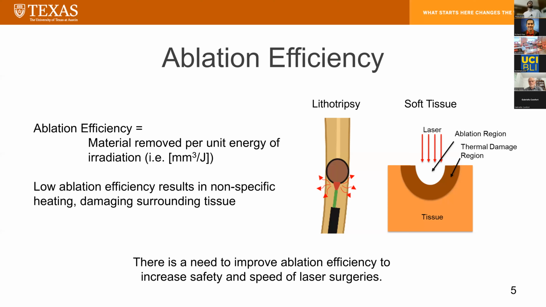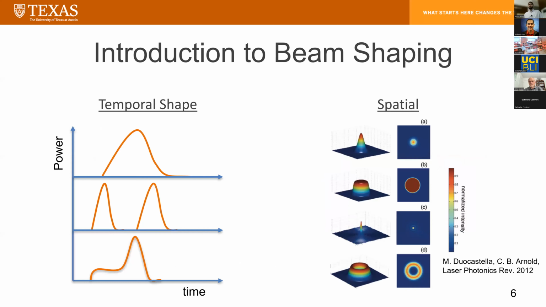And so, for example, in lithotripsy, when you're breaking apart kidney stones, the laser will be absorbed by water in the area surrounding the stone, and that can propagate outward and damage structures such as the ureter. And in soft tissue, some of your laser energy will be absorbed by tissue around the cut, and this can build up over time and cause significant thermal damage. So there's a need to improve the ablation efficiency in these laser surgeries in order to increase the safety and the speed of these procedures. So one way to do this is